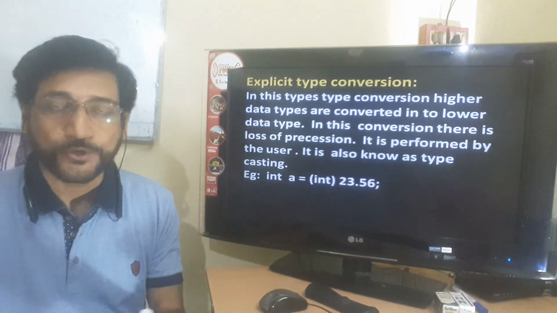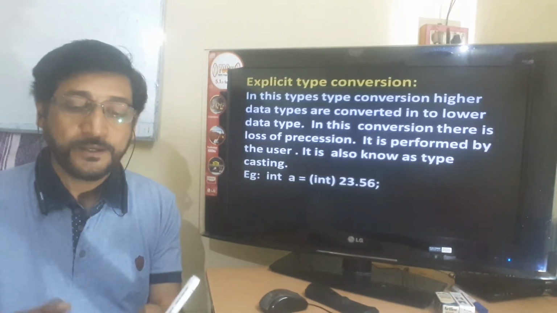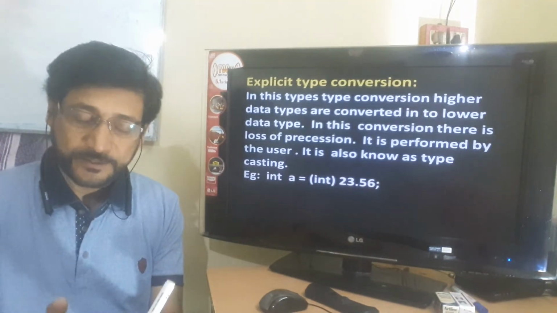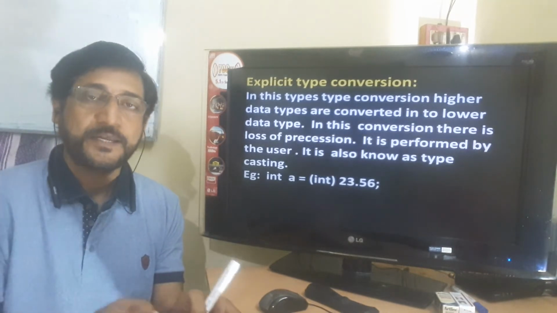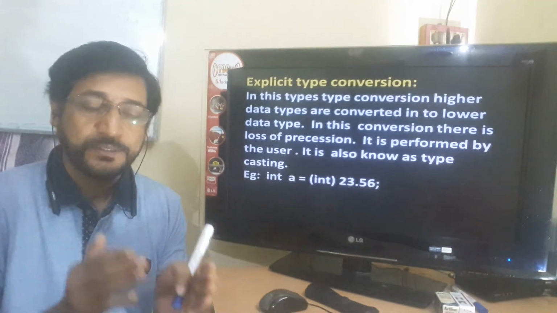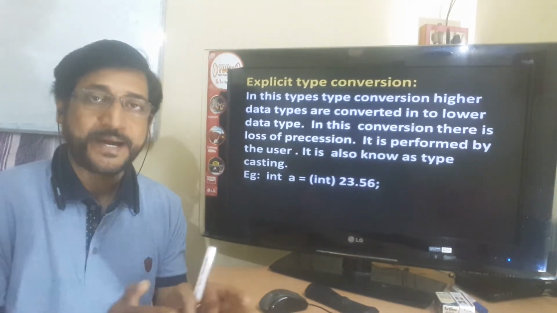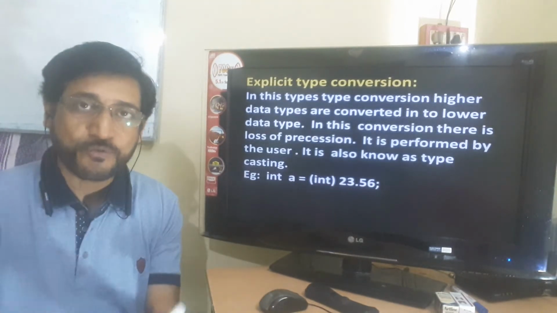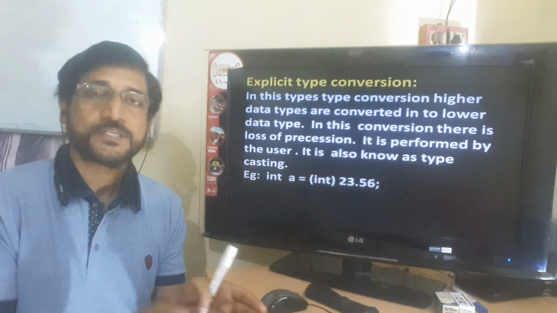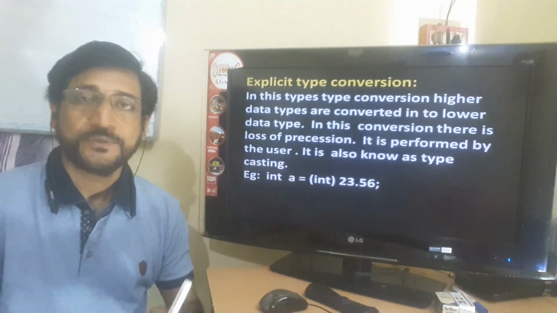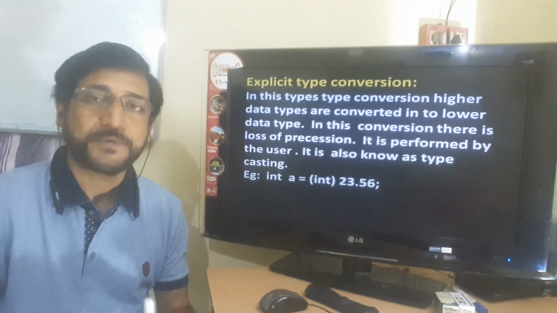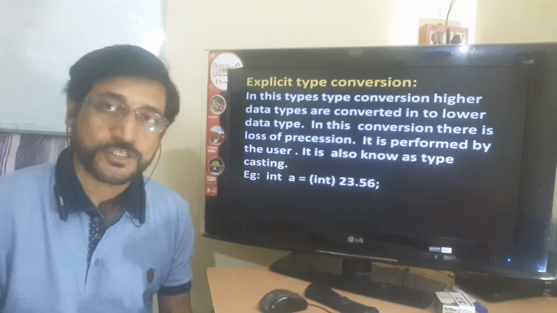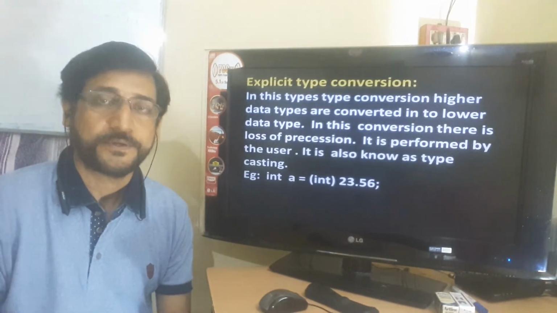For example, when you are going to store int data in a data type of byte, then what happens? Int occupies 4 bytes, byte occupies 1 byte. So data of 4 bytes you are going to store in a space of 1 byte. Therefore, there will be loss of data or loss of precision.